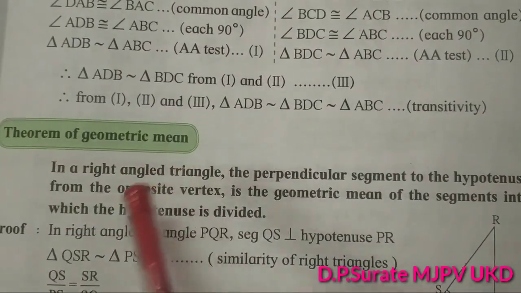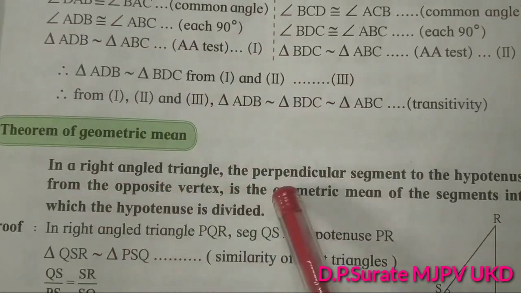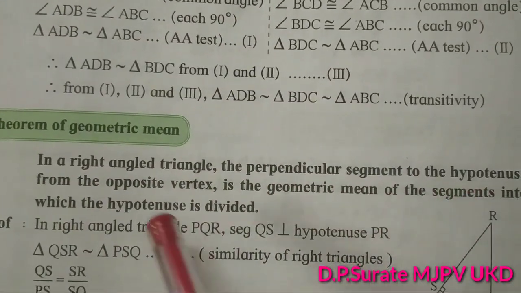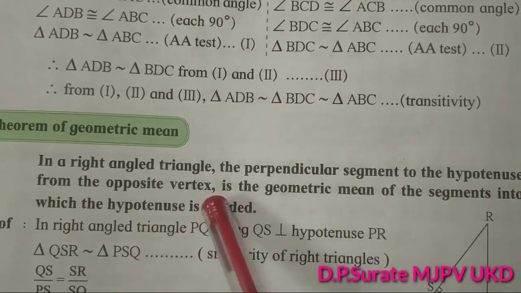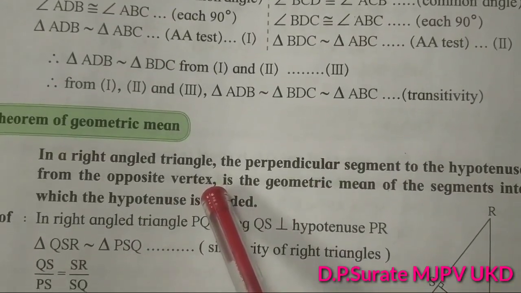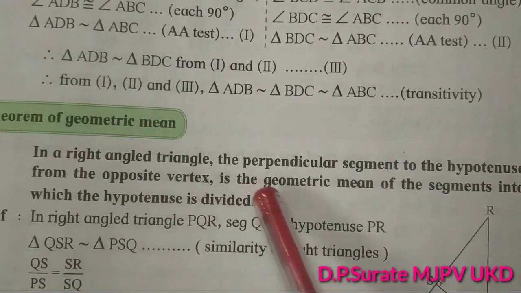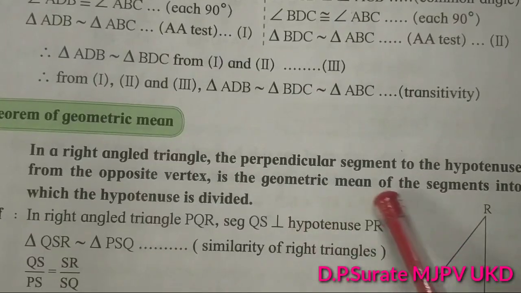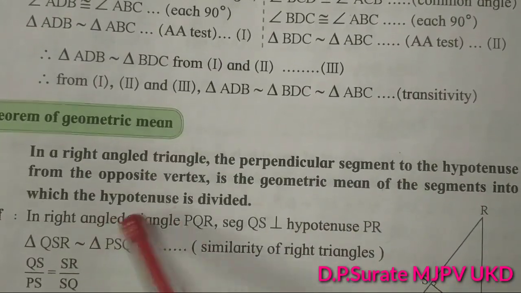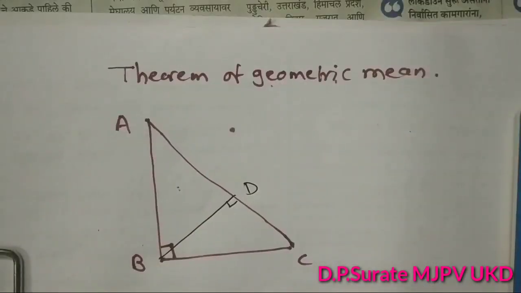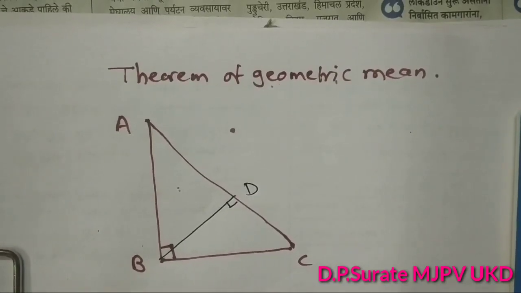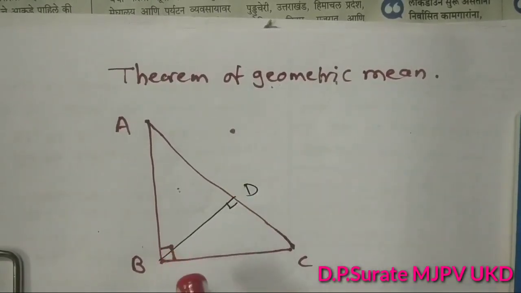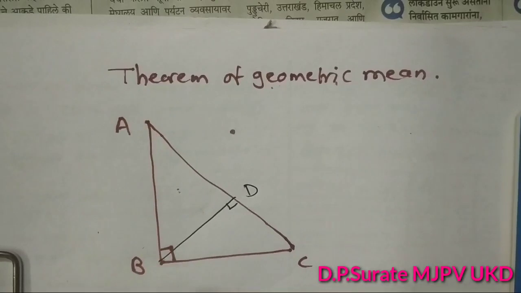Theorem of geometric mean. In a right angle triangle, the perpendicular segment to the hypotenuse from the opposite vertex, that is the vertex of the 90 degree, that is right angle, is the geometric mean of the segments into which the hypotenuse is divided. Now students, for this theorem of geometric mean, we are taking here the right angle triangle